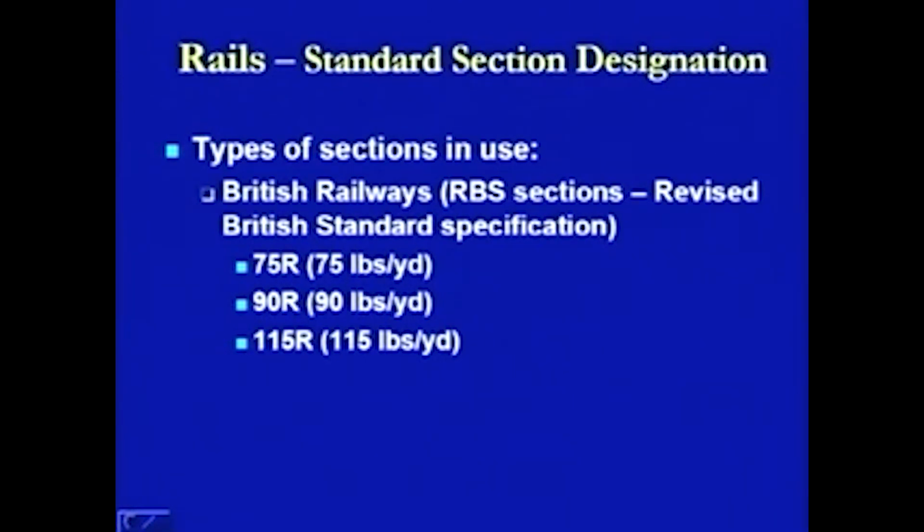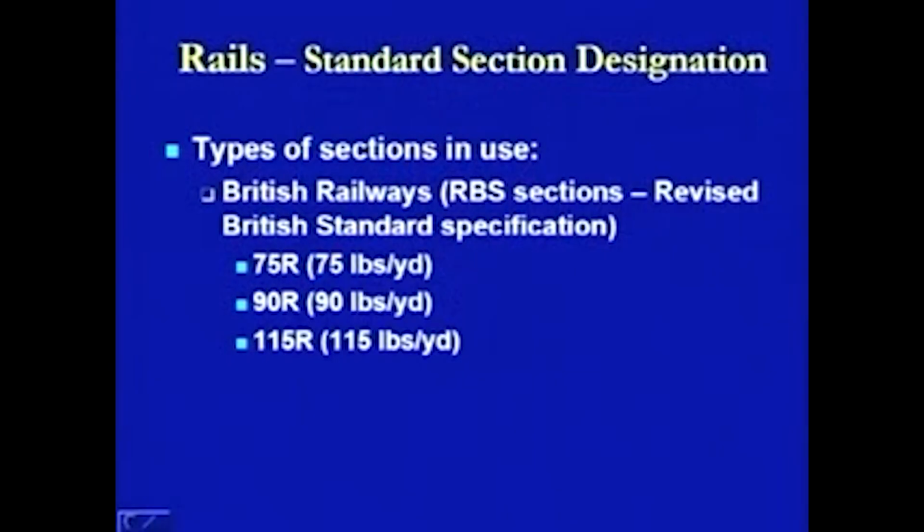In that case, the rail sections were designated as 75R, 90R, 115R likewise. And this 75R means 75 pounds per yard section, 90R means 90 pounds per yard section, 115R means 115